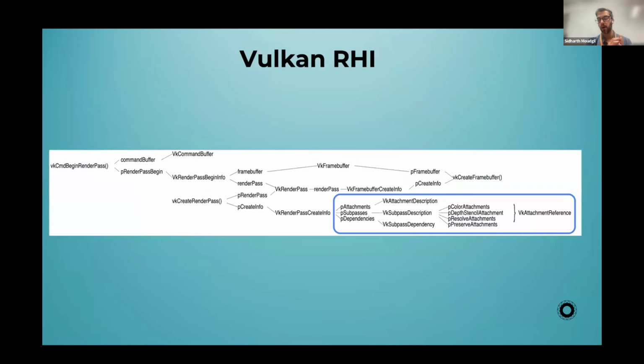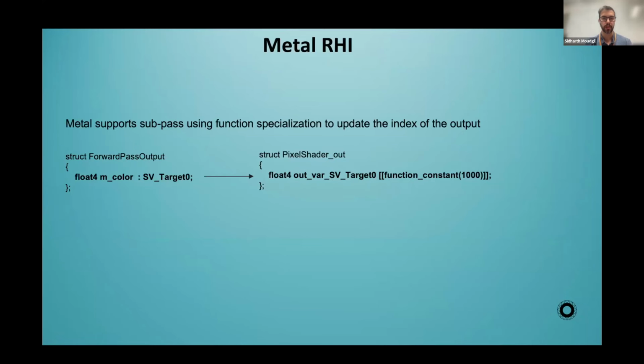On the RHI, we obviously expanded the RHI significantly to add this support. This is a huge amount of effort here. We essentially have to build the vendor passes in a different manner. So Vulkan has explicit API support. The subpass concept is Vulkan lingo. So it has explicit support. We have VK subpass description, VK subpass dependency. So it was kind of easier to do on the Vulkan side. I won't call it easier because Vulkan is a very technical API, but at least it supported it very explicitly.